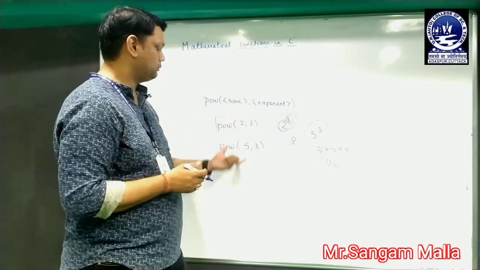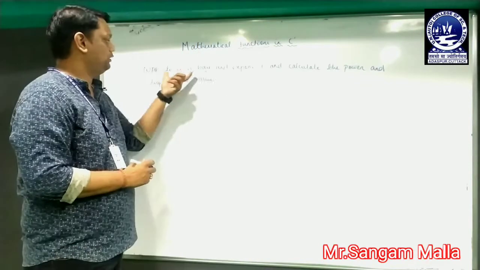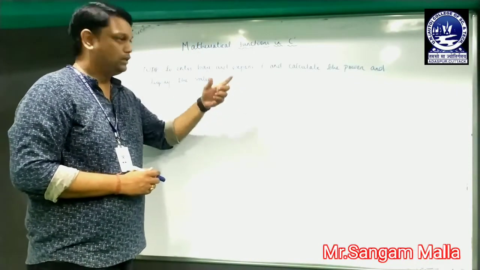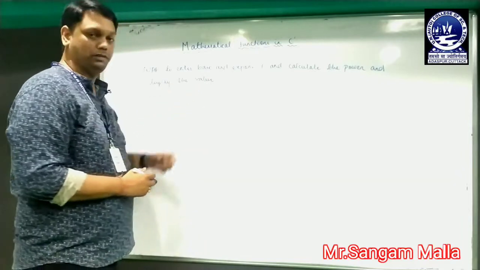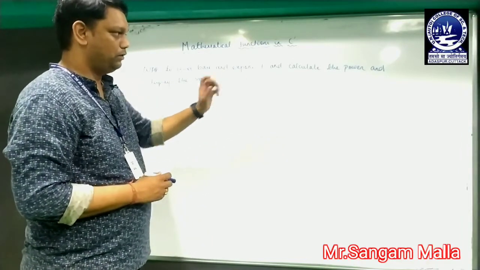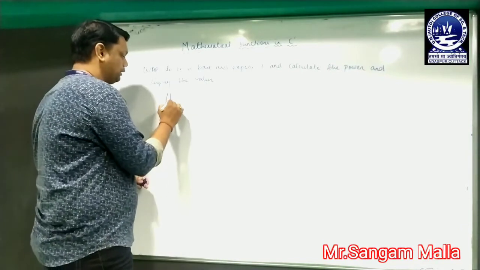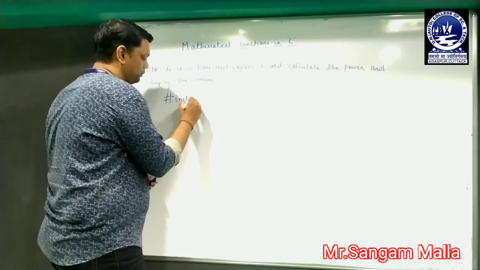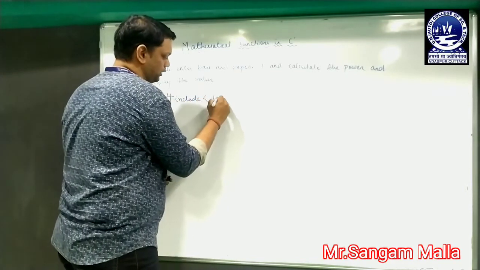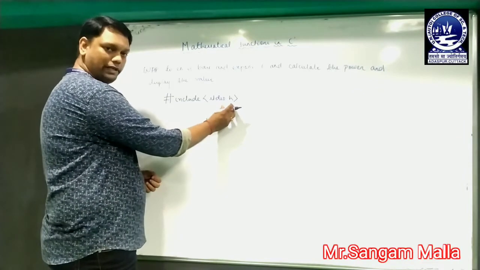Now we will explain the use of the pow function with the help of a program, to enter the base and exponent, calculate the power and display the value. As we have discussed, in order to calculate the power, we need to access the pow function. So we will be writing the program, which starts with #include <stdio.h>, the general syntax of writing a program, that is the standard input output header file.